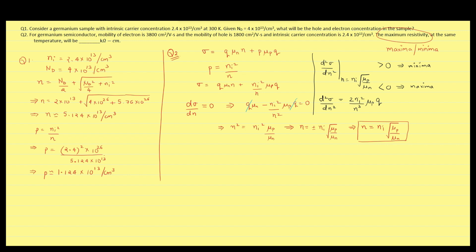Now, after putting the value of the extrema of the function, you will find that the value of the double differentiation is actually positive. Therefore, this value of free electron concentration is the point where conductivity of the semiconductor will be minimum. It means that for minimum conductivity, free electron concentration will be equal to this, and by using the mass action law, you can find the value of hole concentration to be equal to intrinsic carrier concentration multiplied by under root of mobility of free electron divided by mobility of hole. So these are the values of hole and free electron concentration at which we will find the minimum conductivity. So the minimum conductivity will be